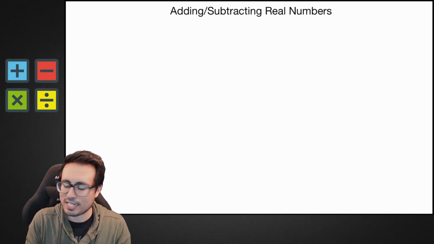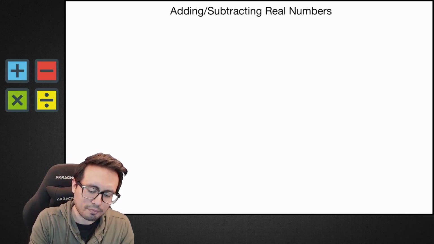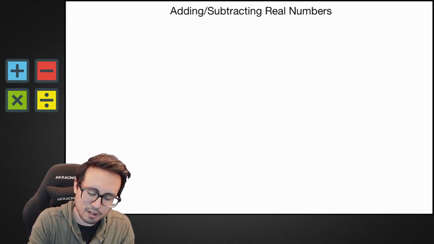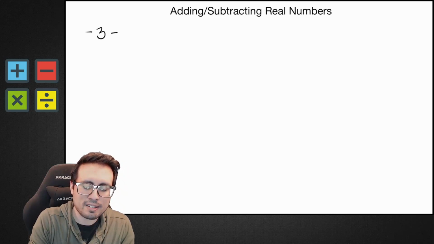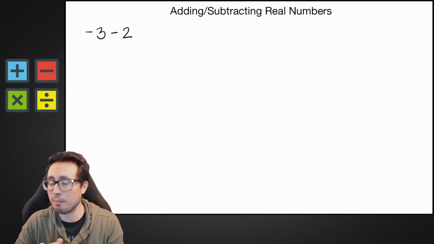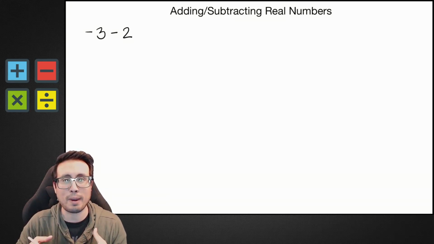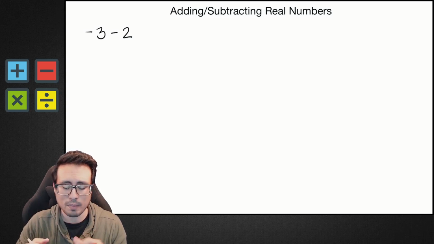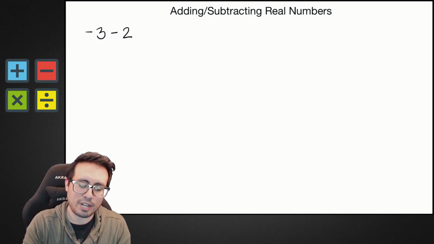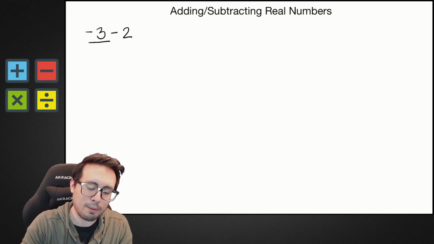But let's say, for example, they give us the problem negative 3 minus 2. Okay, negative 3 minus 2, and we want to know how to do this. We're going to learn how to do this by using a number line. Now, the first thing that you need to understand is that the first number is your starting point, right? This is where you start,